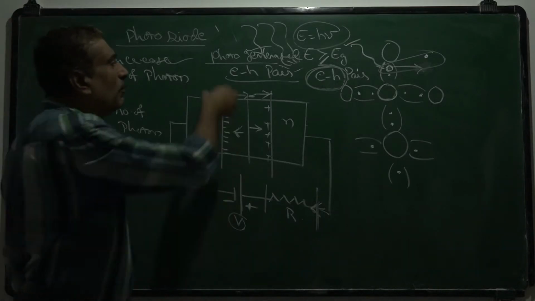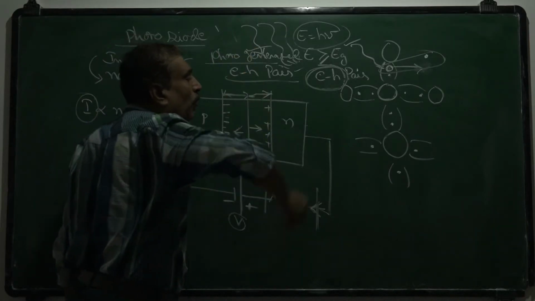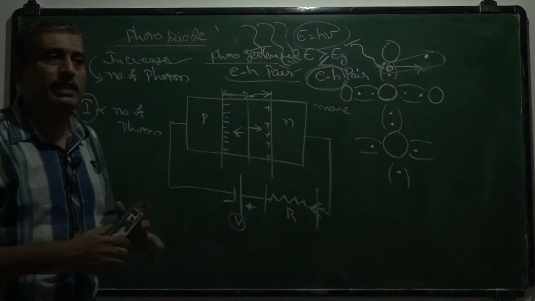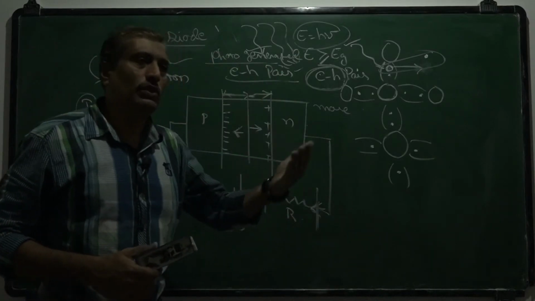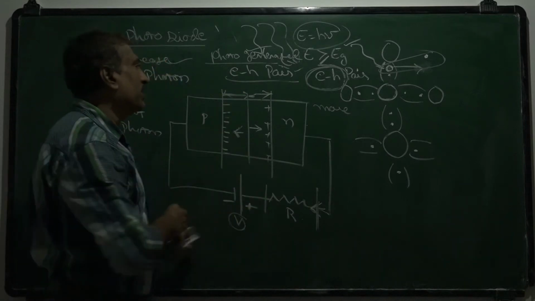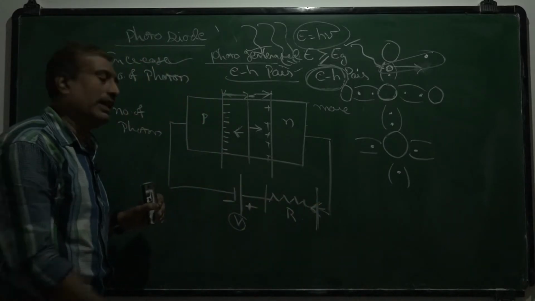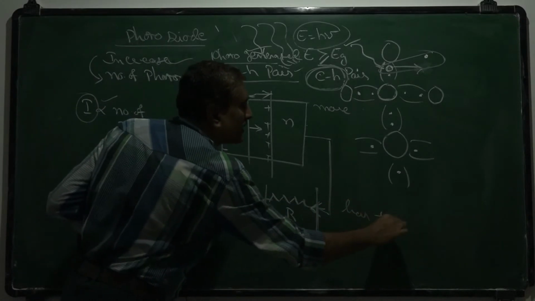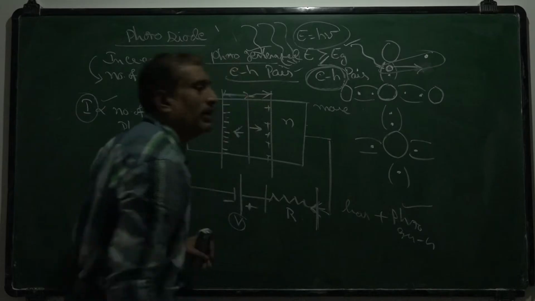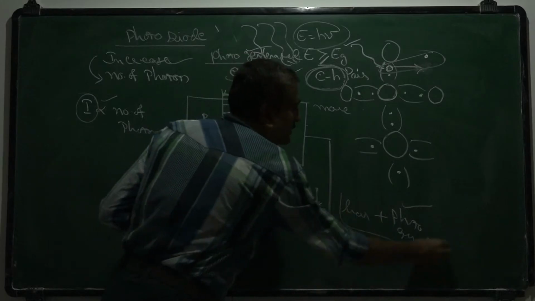That means if more intense light is incident on this PN depletion layer, a larger number of electron-hole pairs are generated. More electron-hole pairs means its conductivity increases, so a large amount of current flows compared to the original one. So with the increase in intensity, the current through this circuit increases, as there is a leakage current plus the current due to photo-generated electron-hole pairs. If we increase the number of photo-generated electron-hole pairs, the current also increases.